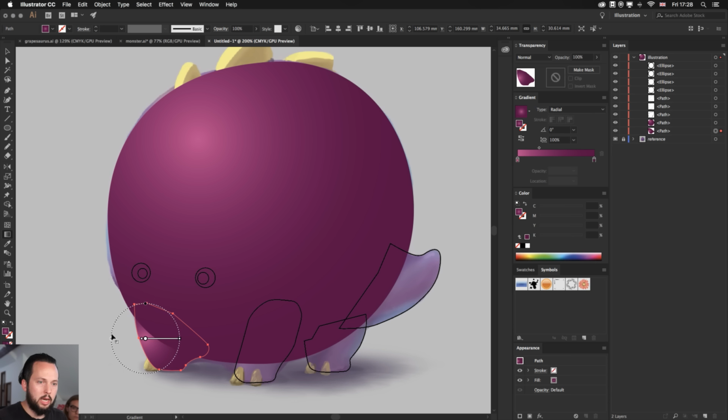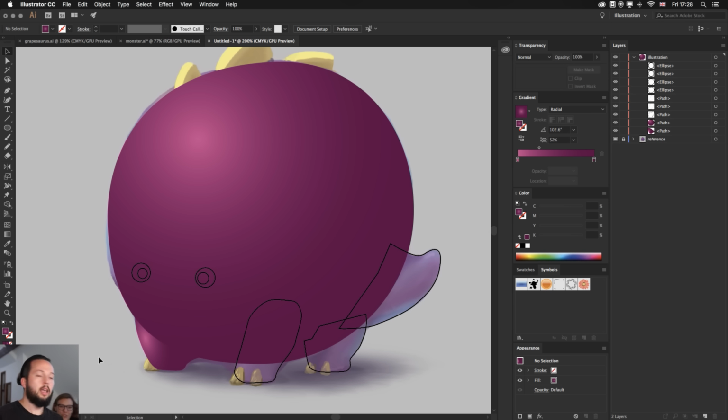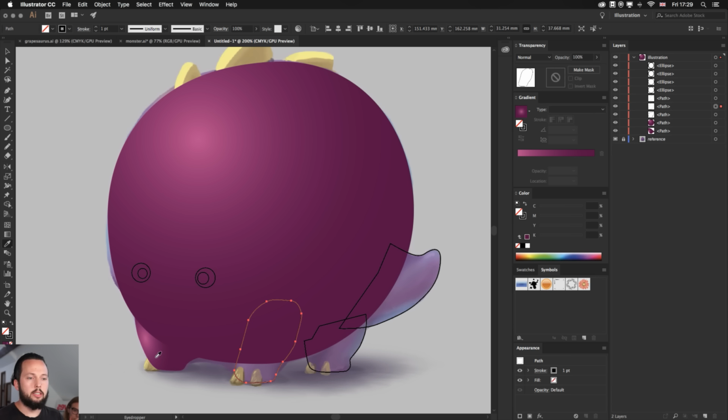And by the way, your gradient can also be altered in terms of the shape. It doesn't have to be always round, even when it's set to radial. You can use that black point and you can squeeze it, turn it into more of an elliptical shape, and then it can even be rotated by clicking around it and then rotating it. So that actually fits much better. That's really cool. Looks more like the shape that we need. Let's use the same gradient for this object here.